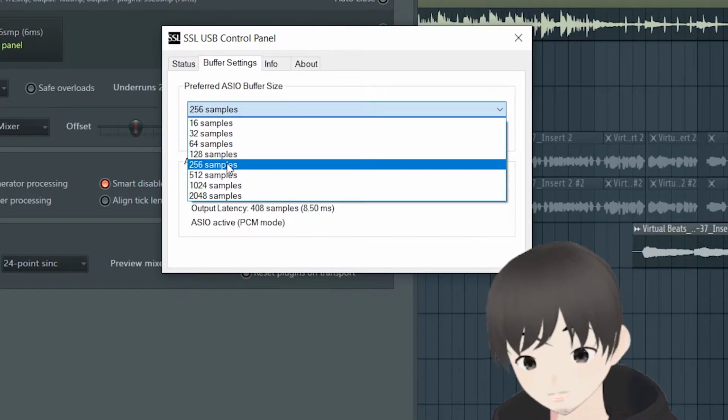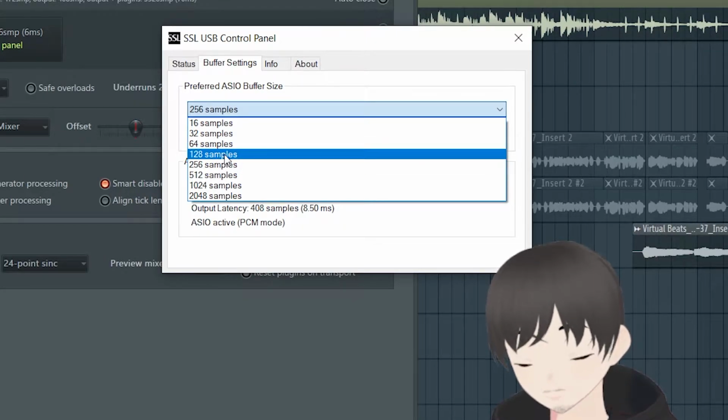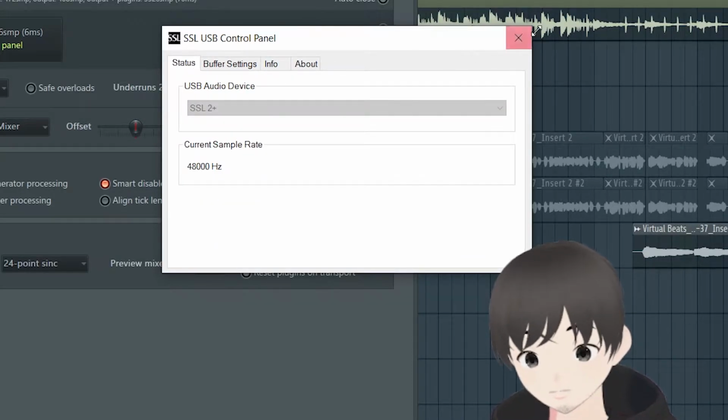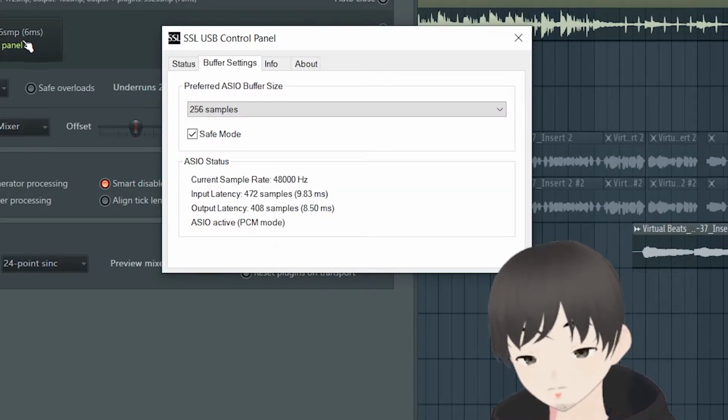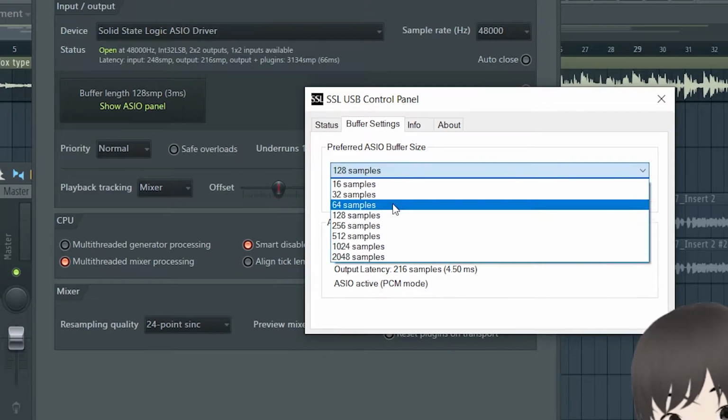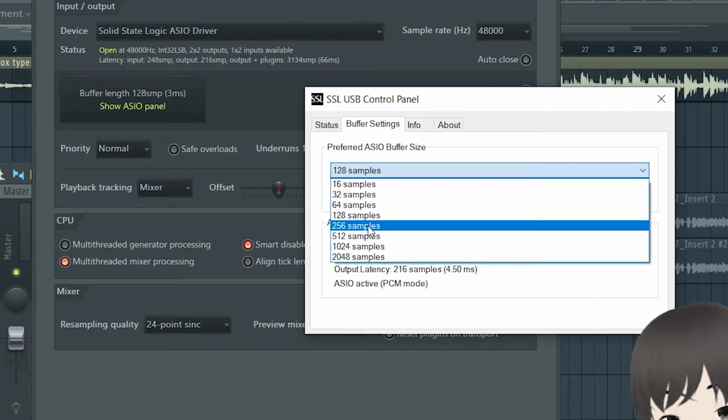So you always want to remember, when you're recording, lower buffer size. When you're not recording, higher. You always got to switch and alternate. It could be tedious, but it's important to quality. So after that, I'll show you right now. It says 256, 6 milliseconds. I'm gonna change it. And it might seem like a small number, but it really does make a difference. So I'm gonna switch it back because